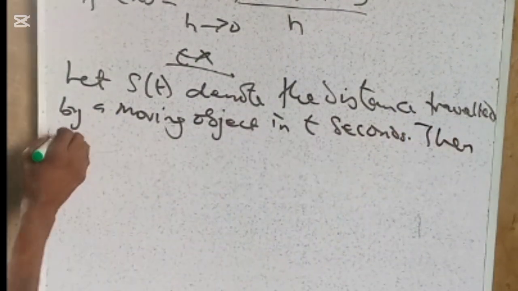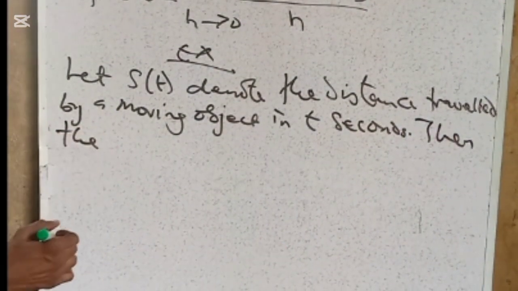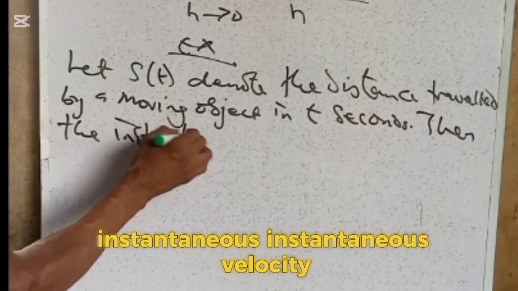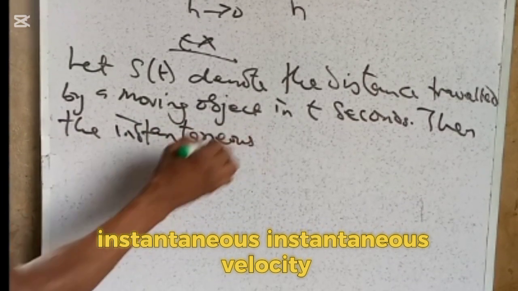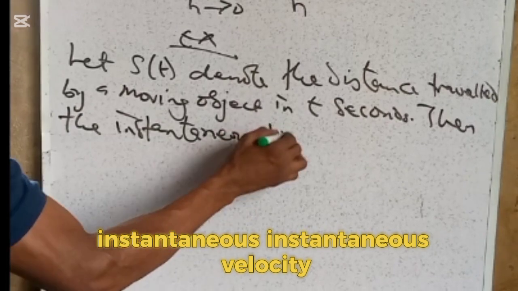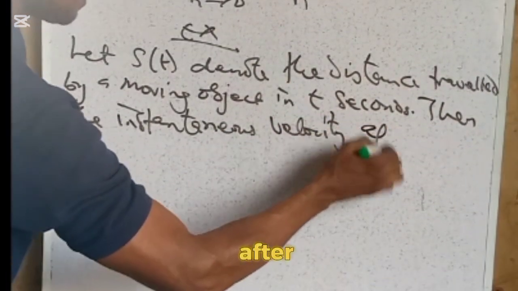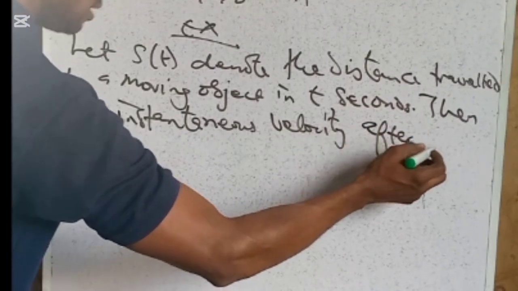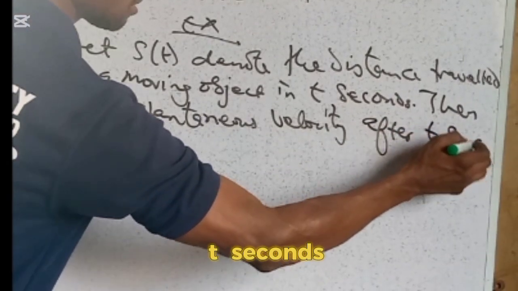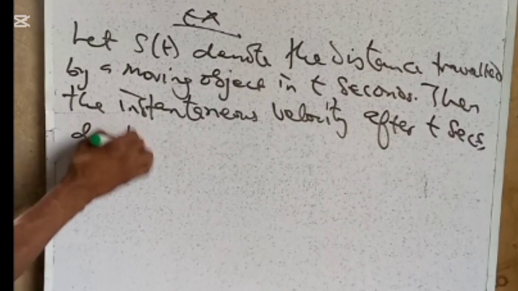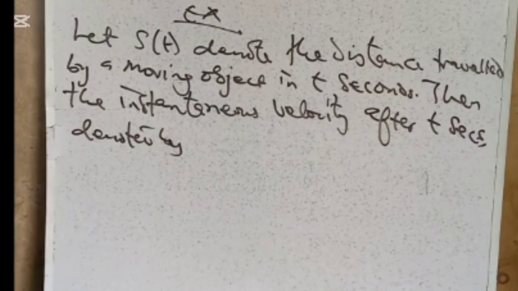Then the instantaneous velocity after t seconds, denoted by